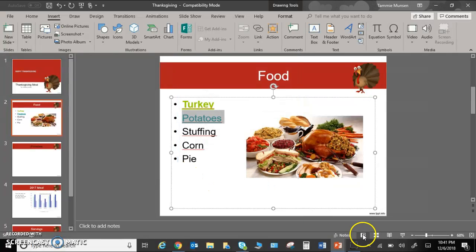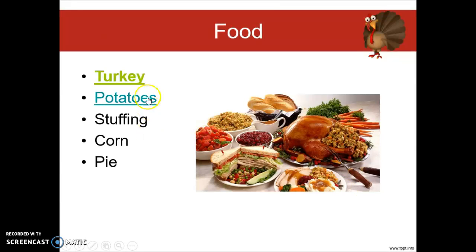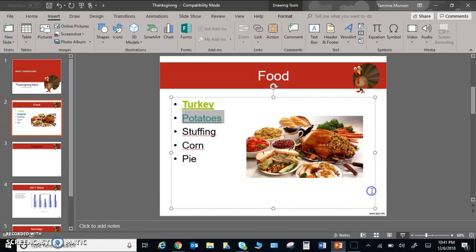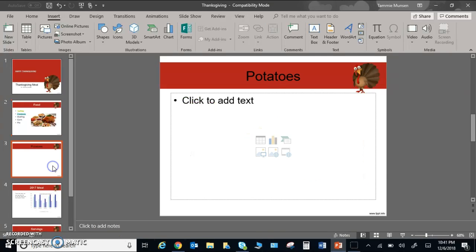So now if I play this slide, it's going to take me to here. I can click on it. It takes me to the potato slide, but the problem is I can't get back. So remember I said once you get to a slide, if you're linking between slides, you have to get back. So if I end the show, what I'd have to do, and this is another example of an action button,